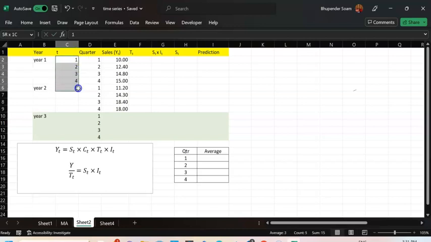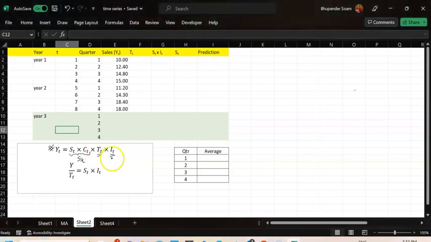So I'm going to just fill all these values up. There are 8 time periods for which the data is considered here. So what is the game plan? This is the model which I have already discussed, how I'm going to make the prediction. Making the prediction is about extracting these components out. So this I will take as one, which is ST, and then I'm left with TT, long-term trend, and IT,